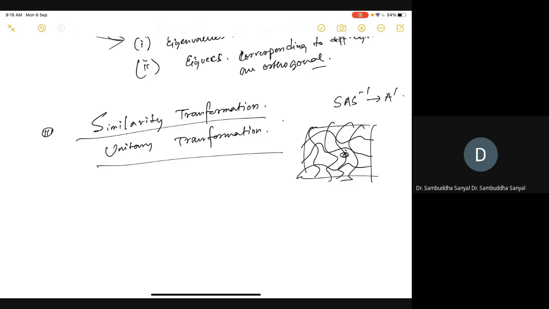So the physical law should be invariant with respect to how you describe it, and that leads to some interesting kind of symmetries, some interesting kind of aspects of a physical theory. And one such thing is gauge theory, and you can actually describe many things in terms of a gauge theory, like starting from gravity to many other things. So we'll come to that later. Let's not go into that direction.